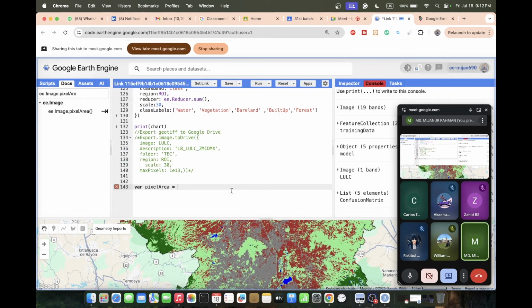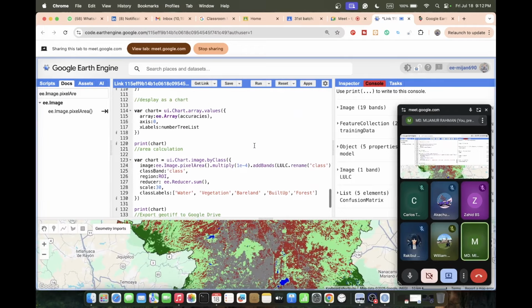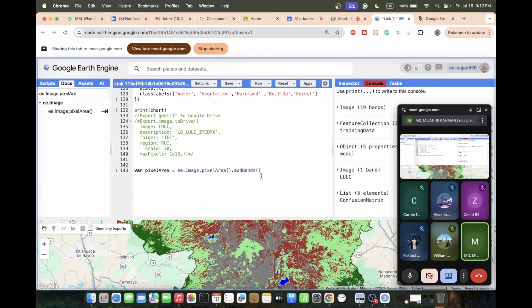Paste it here, and then apply the function addBands. This map is already stored in a variable, so just find the variable name. This variable name is LULC; this variable stores the land use land cover, so just write this variable name here. Now we compute the total area. Take a variable, suppose I put stats, and call the area image pixel area,